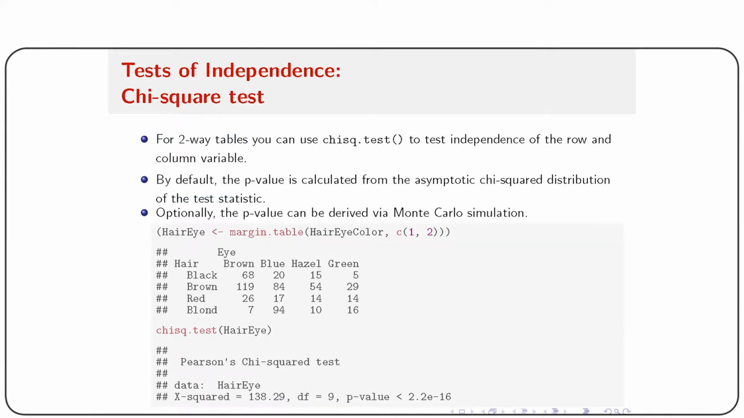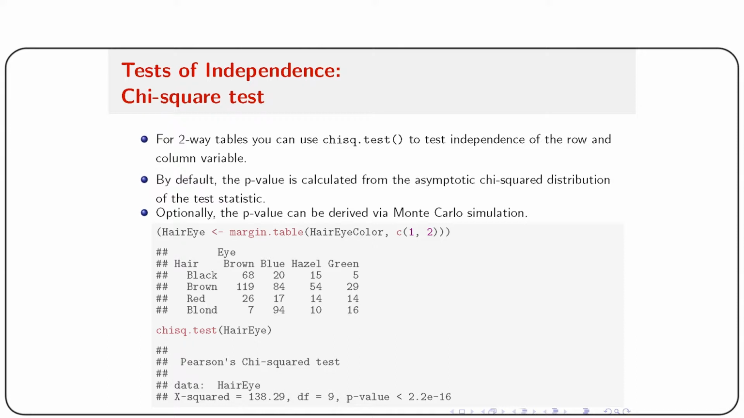Next we will move to test of independence, the chi-square test. Start with the chi-square test. For two-way tables, you can use the chisq.test function to test independence of row and column variables. By default, the p-value is calculated from the asymptotic chi-square distribution of the test statistic. Optionally, the p-value can be derived via Monte Carlo simulations that you can mention while you are calling that